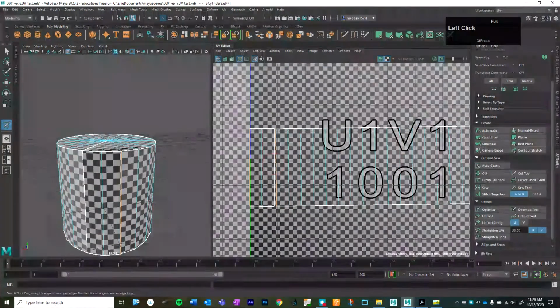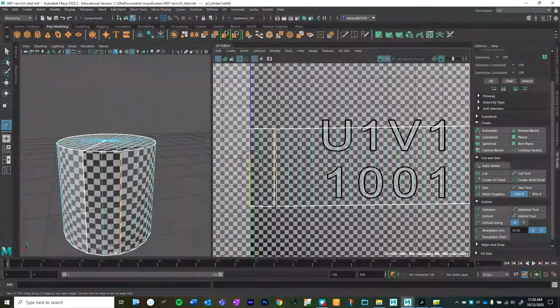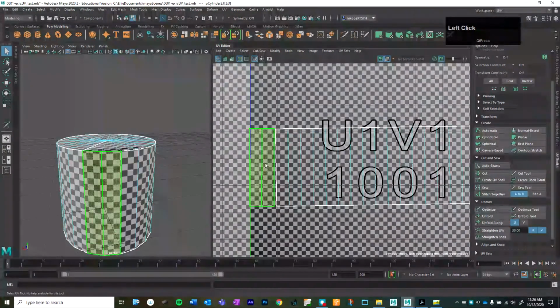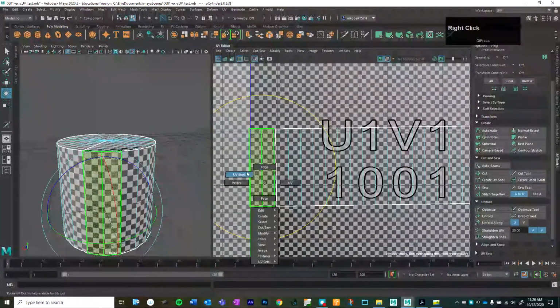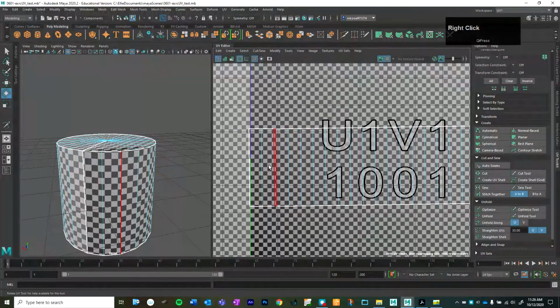It's like, okay, what do you want me to do? Like, I cannot sew these together. In the 3D space, they're not adjacent, right? Sorry, in the UV space, they're not adjacent. So I need to just fix that. Go to the UV shell and rotate it just like that. All right. Now, if I select this edge, they are adjacent, and then I will go to my sew tool,